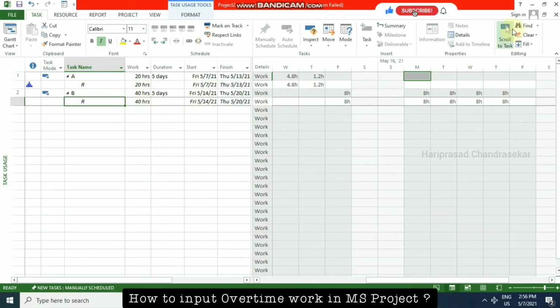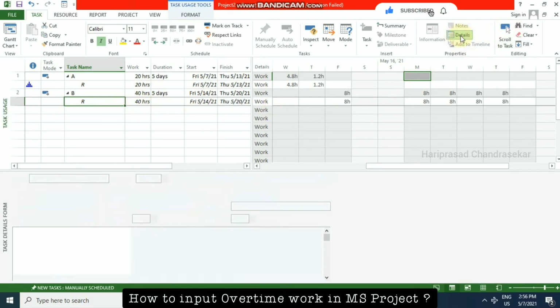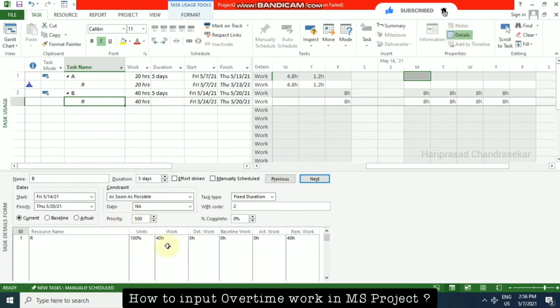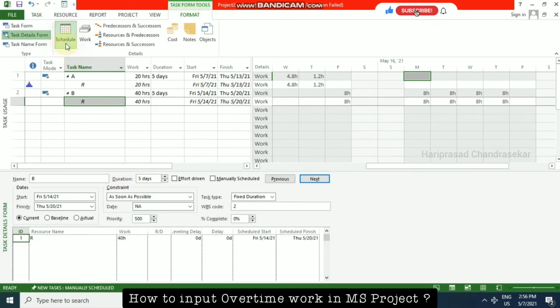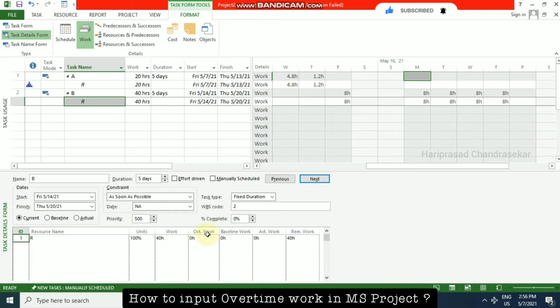Just click Details here, and here you have Overtime Work. How to get this? Sometimes it won't come immediately. You need to go to Format, and click Work. By default it might be on Schedule, then you need to click Work. Only then will this kind of details come. Then we can just input our